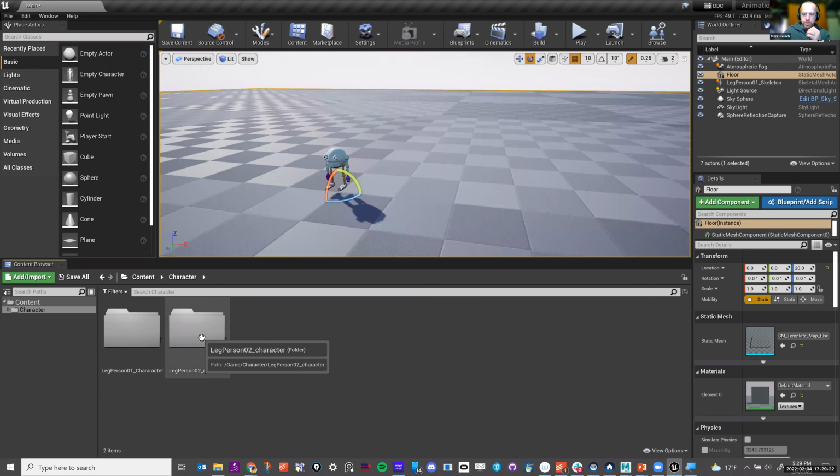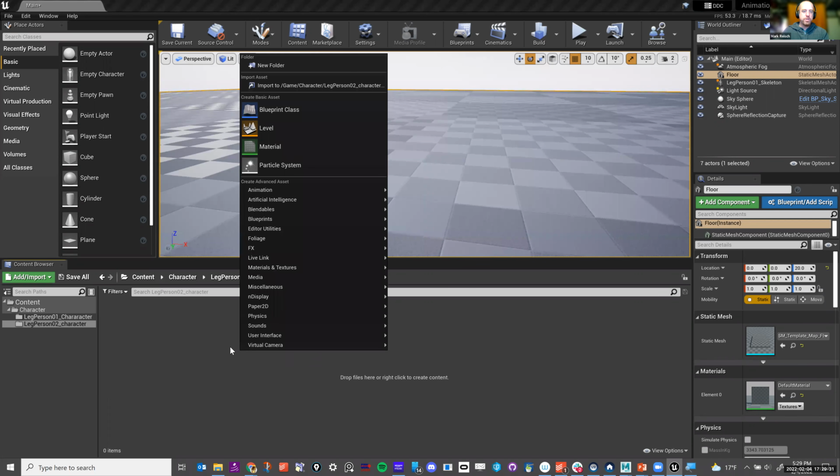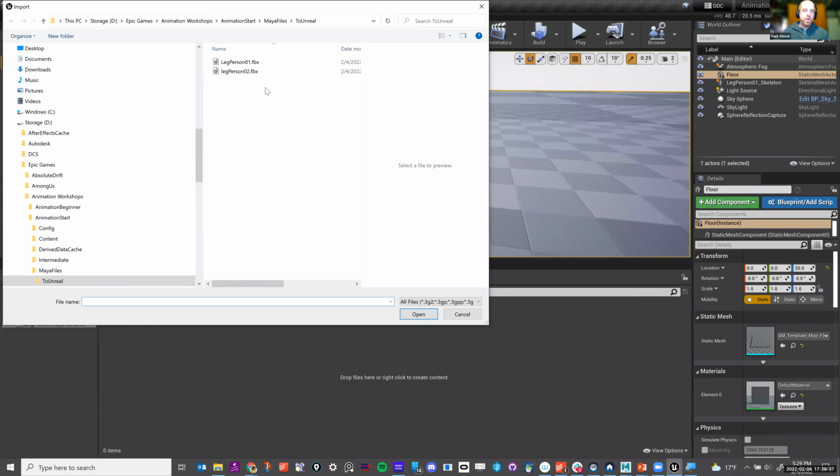So for the leg person 2 character here, I'm going to double click on the leg person 2 folder, and now I'm just going to import my leg person 2 in here. So I right mouse click in this empty space, I go to import, and I'm going to import leg person 2, and I'm going to do an open.